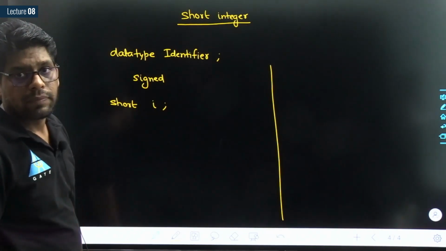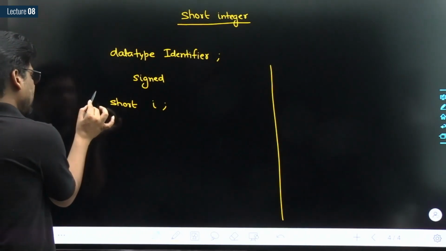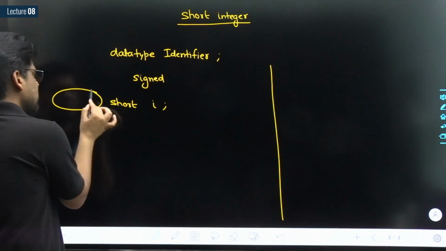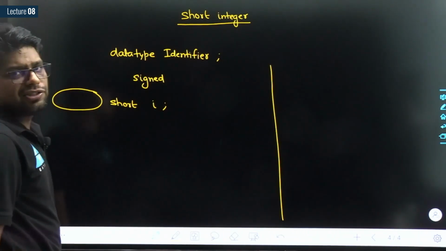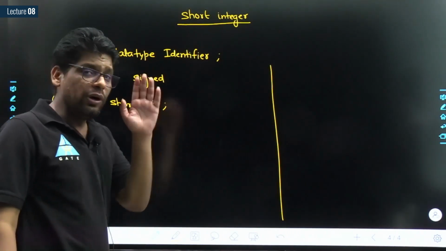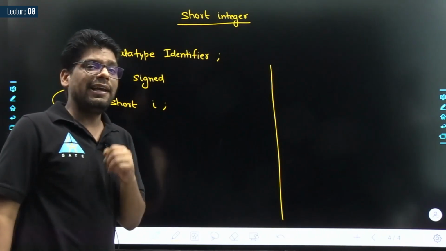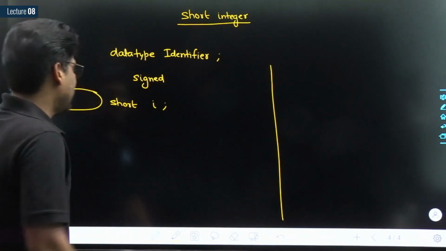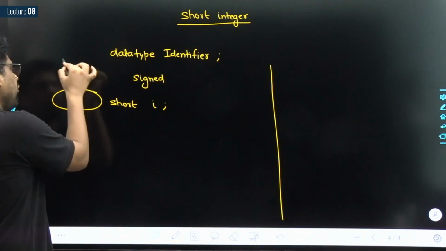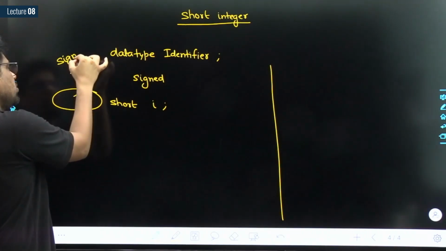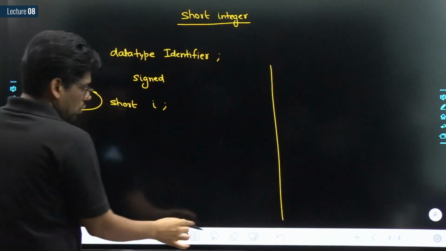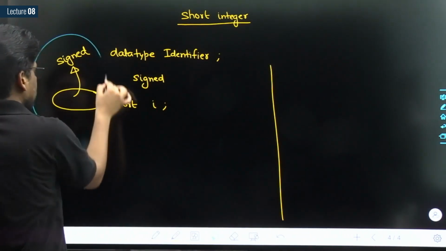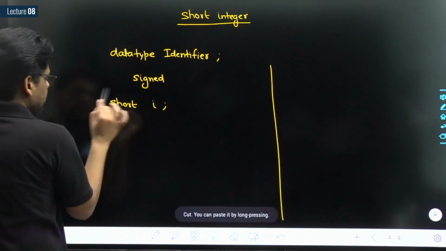And by default, sir, we didn't provide anything, that means neither signed nor unsigned. That means, if you don't specify anything, what can a number take? Positive as well as negative. That means by default it is